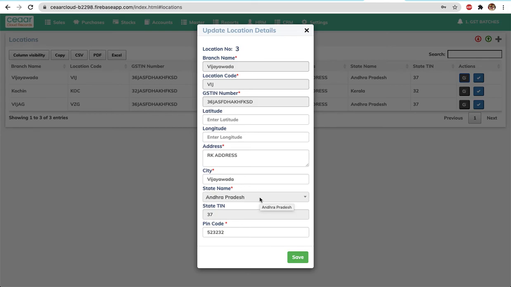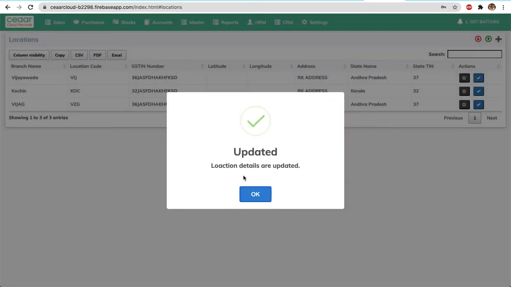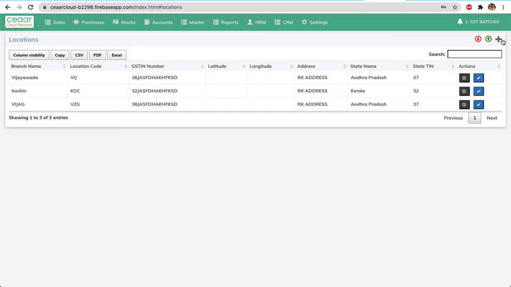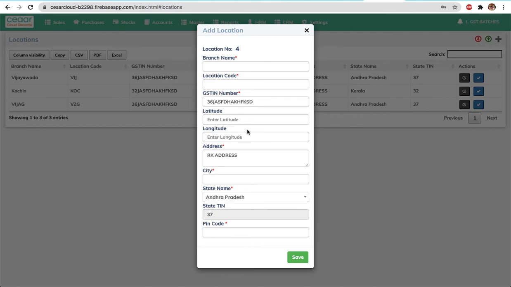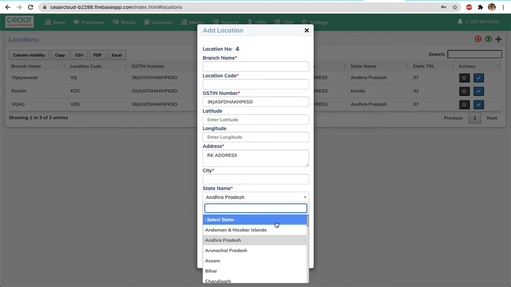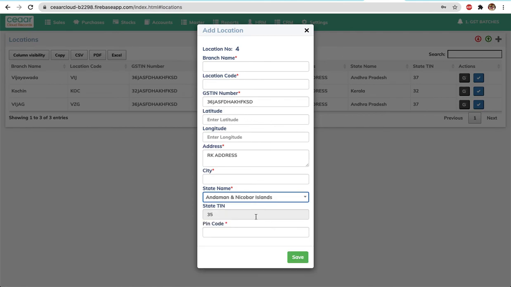State name, this is already pre-selected because we are just checking the existing record, and the pin code for this particular location. If it is a new record and we change the state name, the state automatically changes.